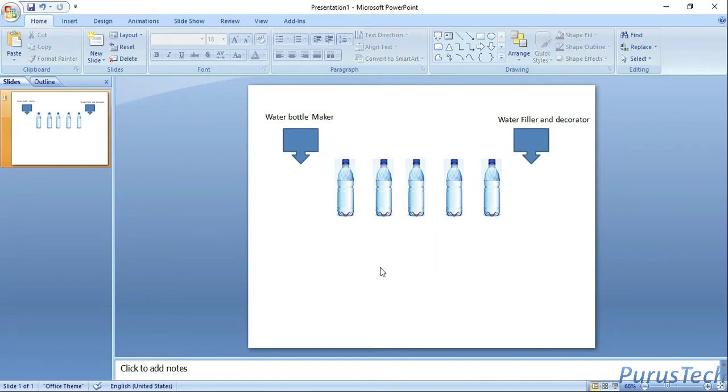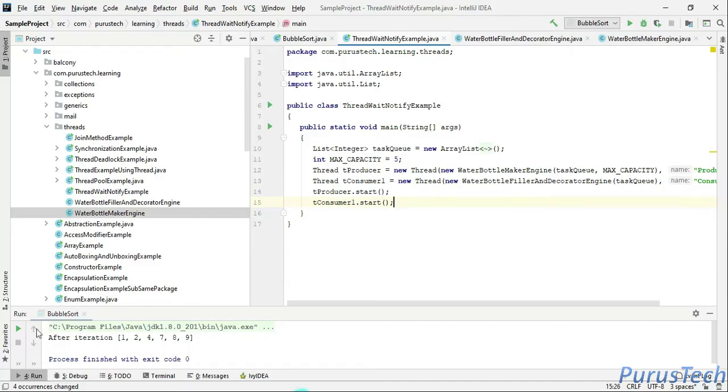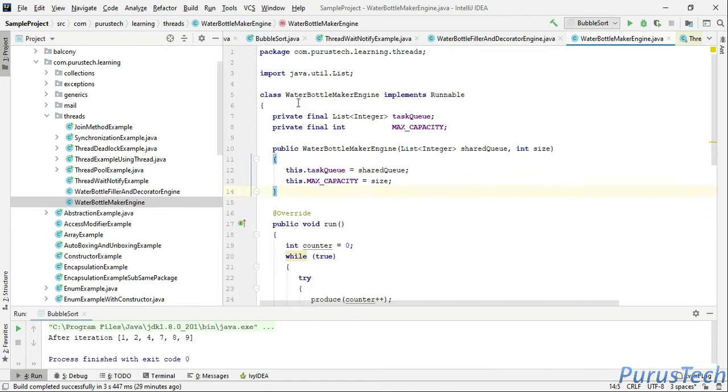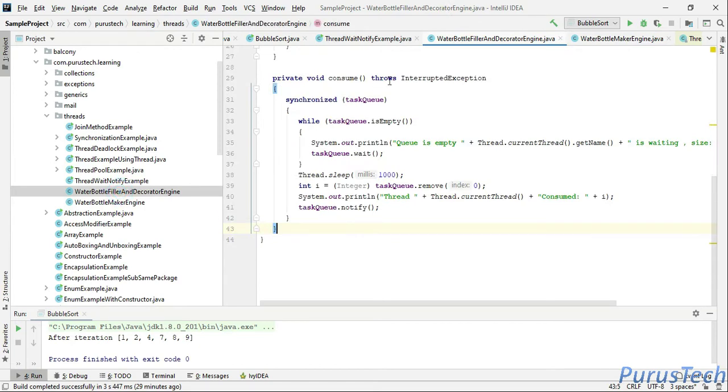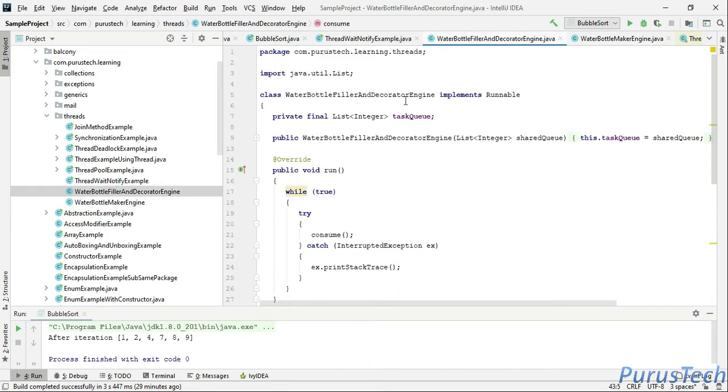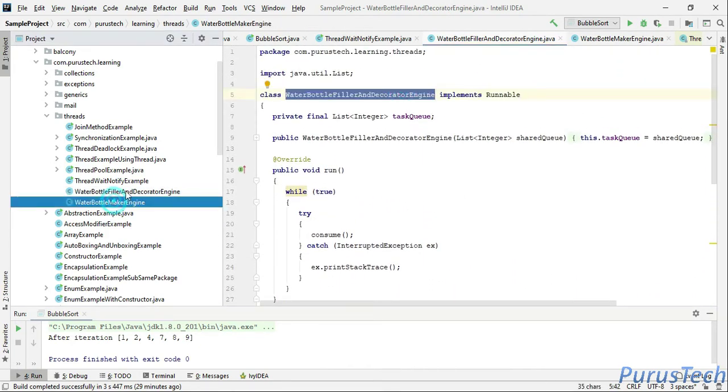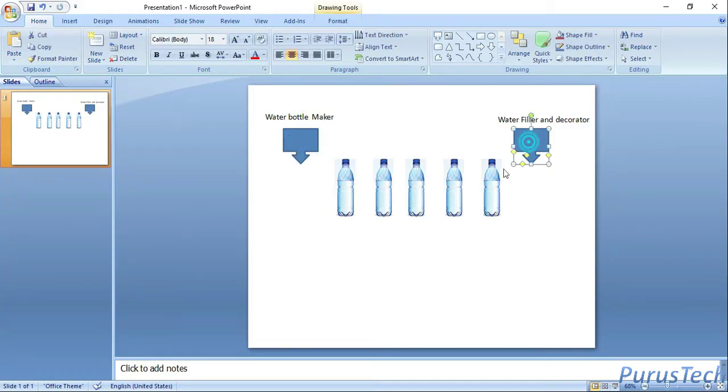Now let's go back to IntelliJ IDEA to see how this happens in terms of a Java program. I have a water bottle maker engine and I have a water bottle filler and decorator engine. So these two represent the maker and the filler.